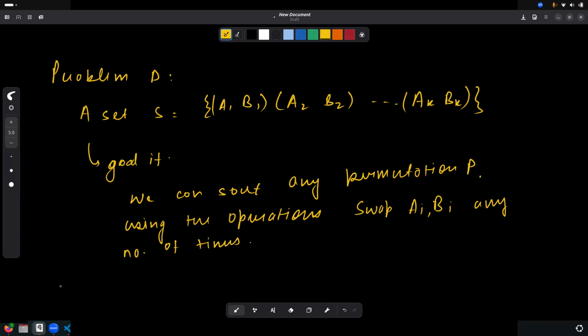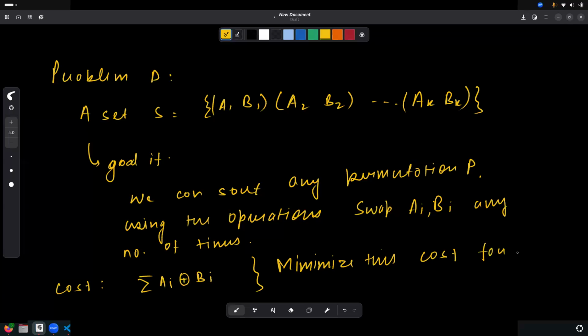And we have also another definition, cost of a set. So cost of a set is the summation of AI XOR BI. So we need to minimize this cost for a good set S. So